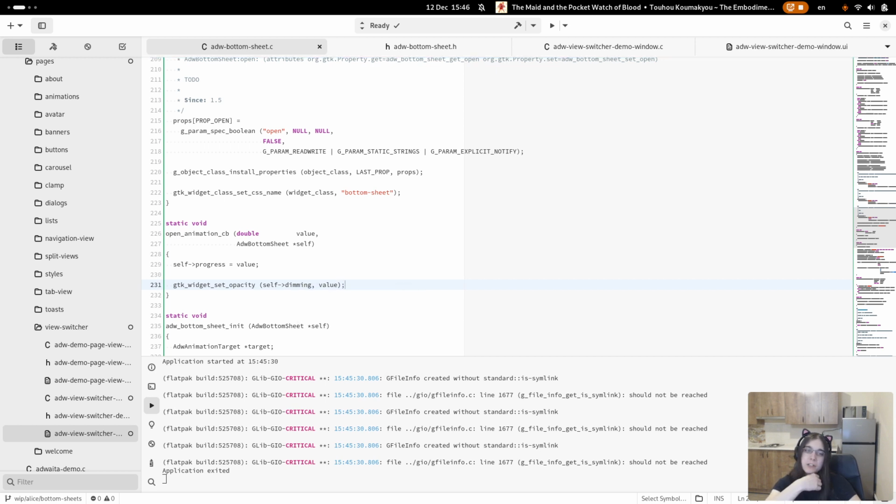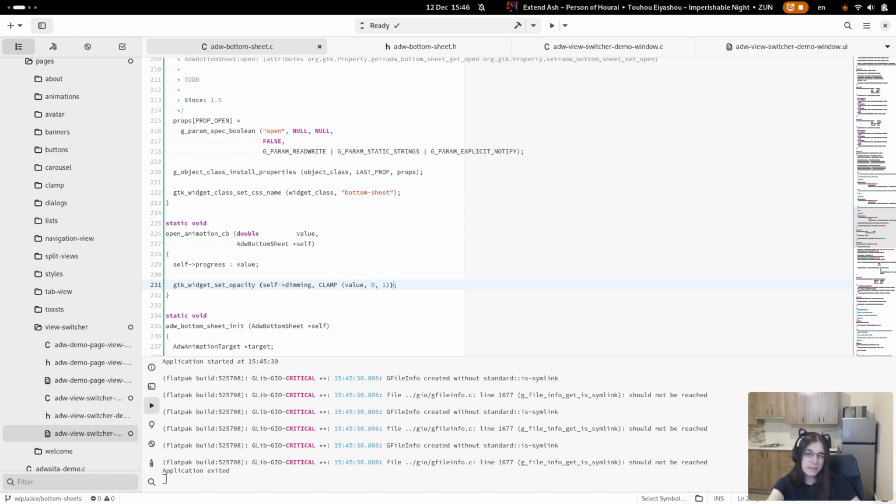So we'll consider it as progress 0 when the shade is hidden, and progress 1 when it's fully showing. And I'll need to clamp this value to 1, 0, because I can't set opacity larger than 1 anyway.